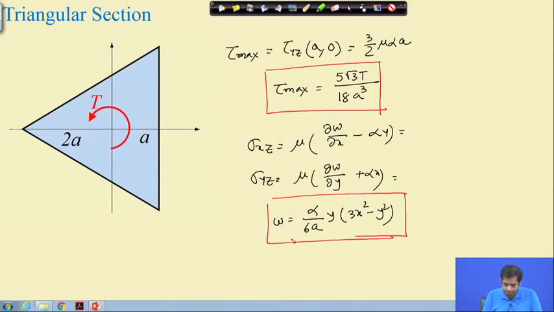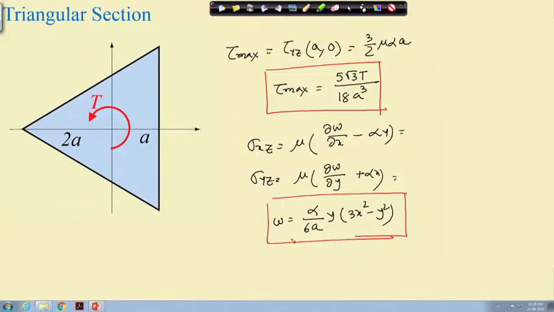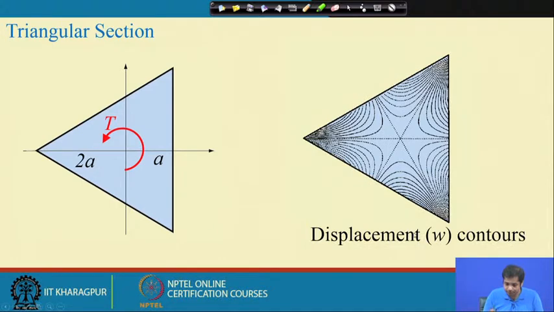Now, you look at the steps, as far as steps are concerned, it is exactly the same. The same steps we followed in the case of the elliptical section, and if it is another section also, as long as you are using this formulation, the formulation based on the stress function, your steps will be exactly the same. Now, once we have W, let us see how it looks if we plot the contour of W on this area. It will be something like this. This is the displacement W on this. Similarly, you can plot the contour of tau xz, tau yz. So, this is the displacement contour for